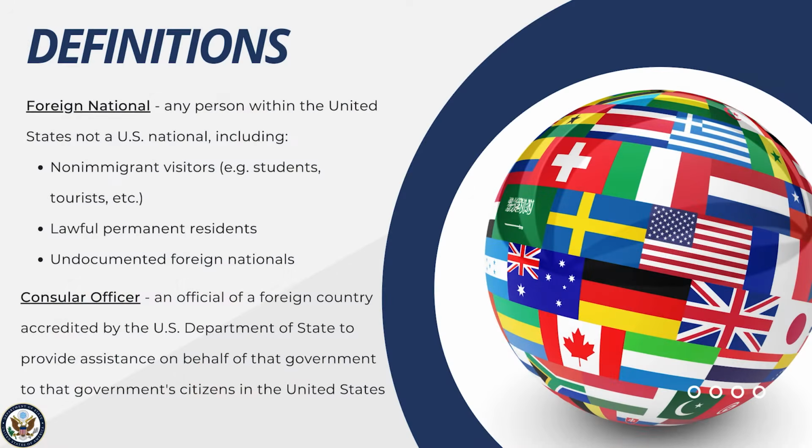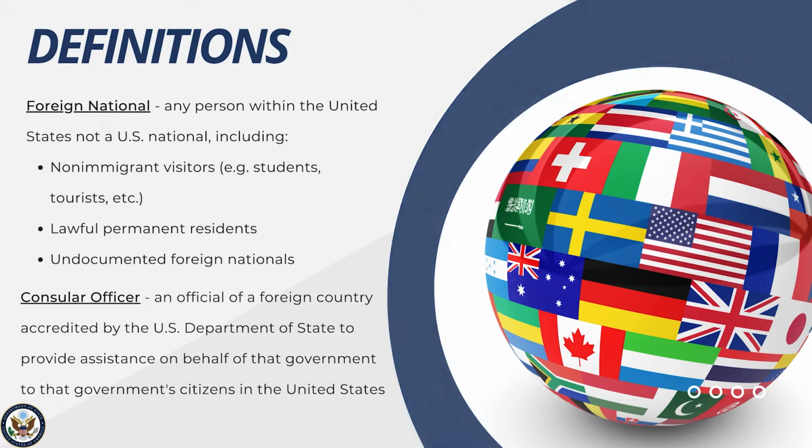Citizens who are dual nationals are arrested in any other country, so we need to do it here to expect that from authorities abroad. A consular officer is an official of a foreign government accredited by the U.S. Department of State and authorized to provide assistance to that government's citizens in another country, regardless of whether a consular officer is assigned to an embassy in Washington, D.C., or to a consular office maintained by the foreign government at another location in the United States.